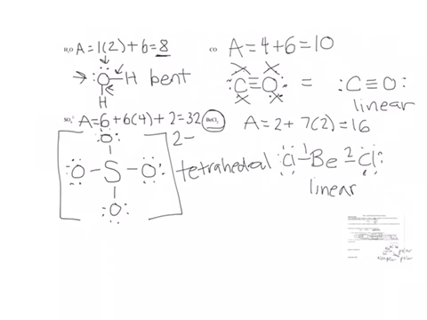So if we were to go back to these structures that we drew before, water, because it has lone pairs, is going to be polar. Water is polar. Sulfate, SO4 negative 2, does not have lone pairs around the sulfur central atom, and all of the atoms around it are exactly the same, oxygen. So that means that it is